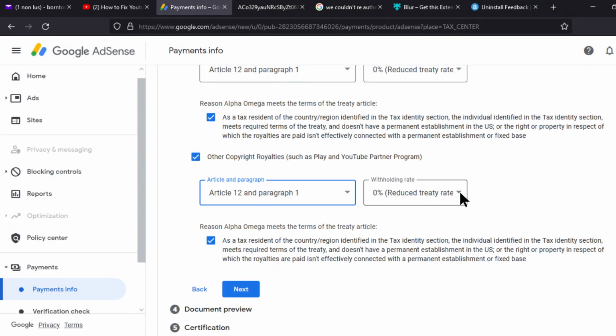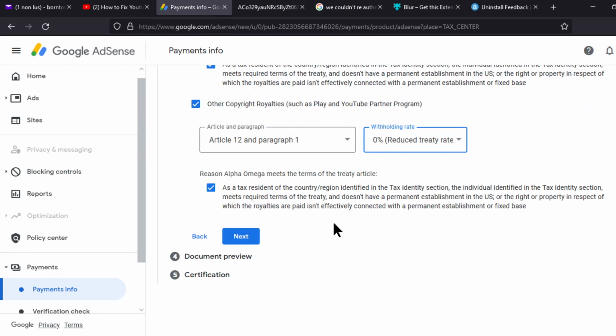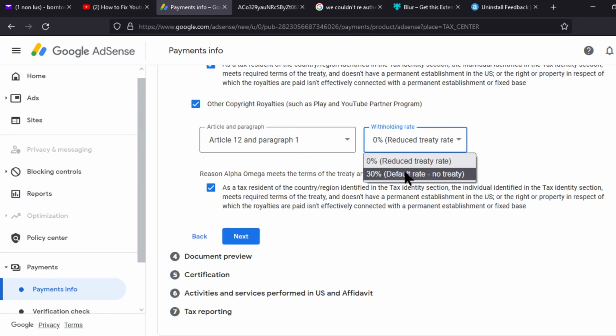Okay, so yes. So in my case, the lowest is 0. I better choose that one, because they're still trying to make you pay that 30%. So if you're not careful, you might actually click this and then you didn't do nothing. If you actually click this 30, guess what? You didn't do nothing. You're still not gonna get all the money that you're supposed to be getting, because Google make it hard. Because they're trying to make you make mistake. Wow. What a world.